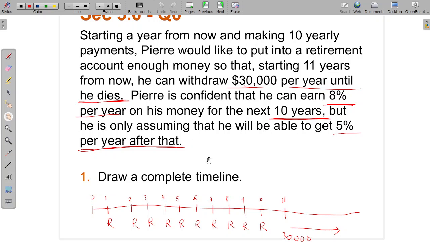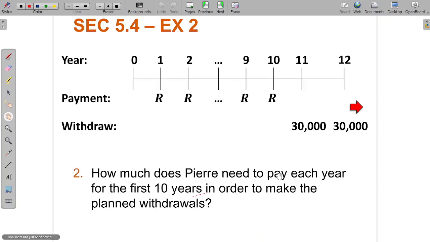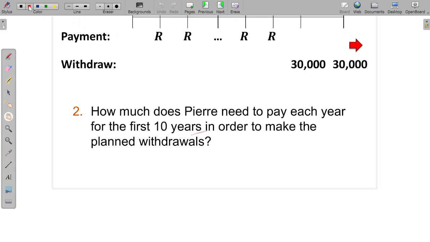Okay, but read the question carefully to be sure that it is not at the beginning. If you cannot see the word at the beginning, then it's at the end. Okay, so now, how much does Perry need to pay each year? So we use our ordinary annuity formula